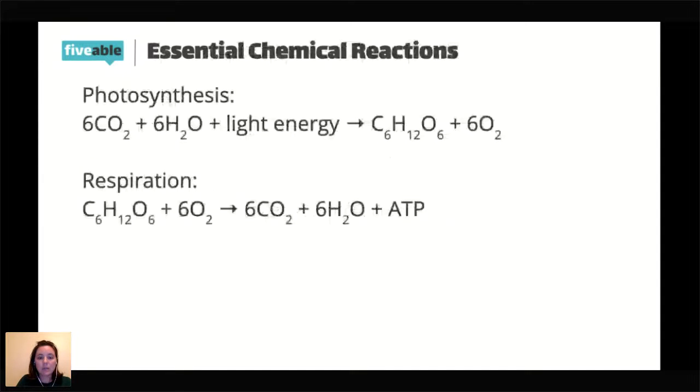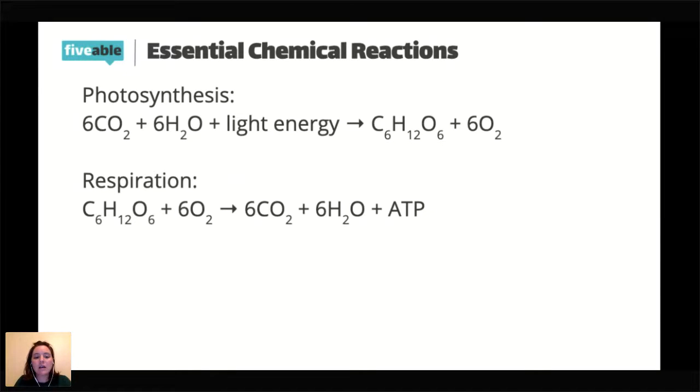All right, so we have some important chemical reactions that we should know. Photosynthesis: I think a lot of people who take APES have already taken biology, so photosynthesis is usually a pretty quick review. But just in case you need it, plants and algae, things that have chlorophyll, are taking carbon dioxide and water and light energy, and then converting that into glucose and oxygen, both of which are very important for us and for all other living things.